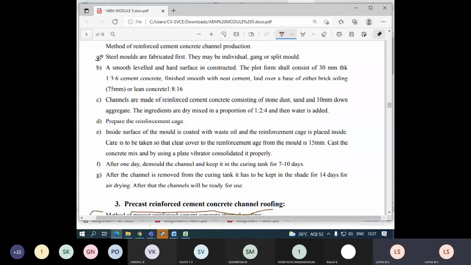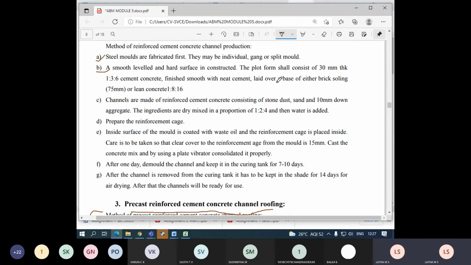steel molds are fabricated at first. Yes, very much important. While you are doing precast, students, steel molds are used. They may be individual or gang or split mold. So depending upon the type, you have different types available. A smooth, leveled and hard surface is constructed.